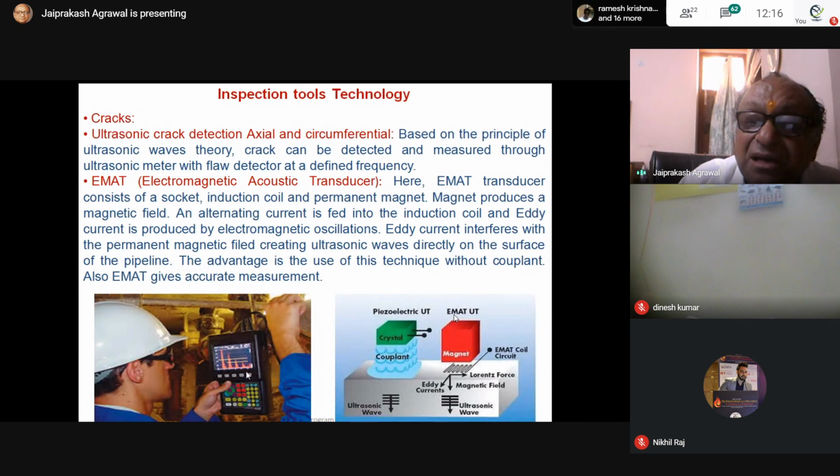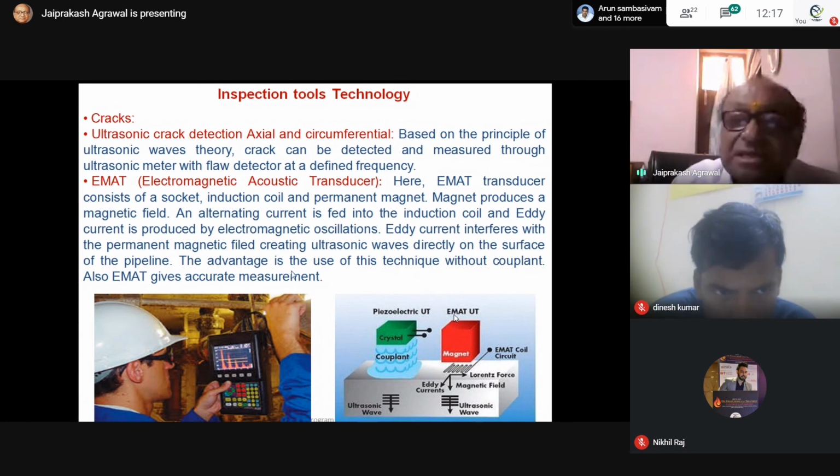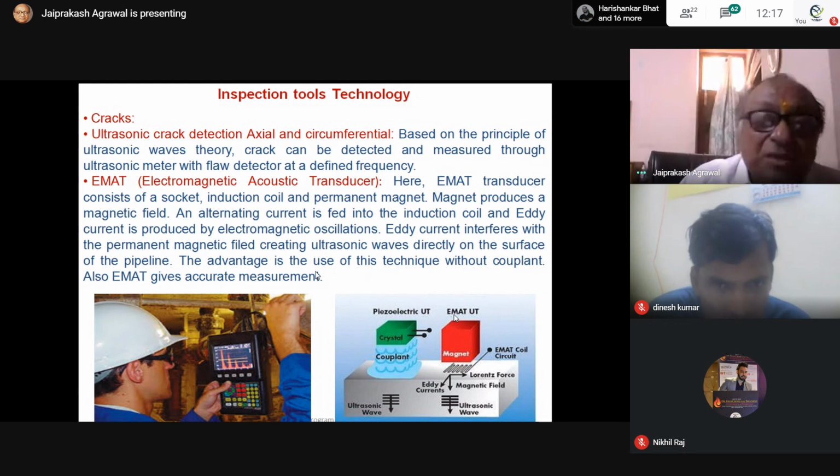The same graph is there, but it can give you the complete picture. This is the advantage of the electromagnetic acoustic transducer. But it is a costly affair, though more precise. So instead of UT measurement, you can use the EMAT.